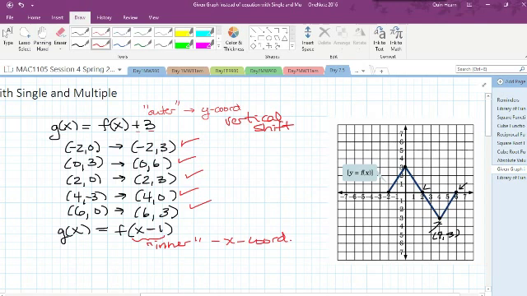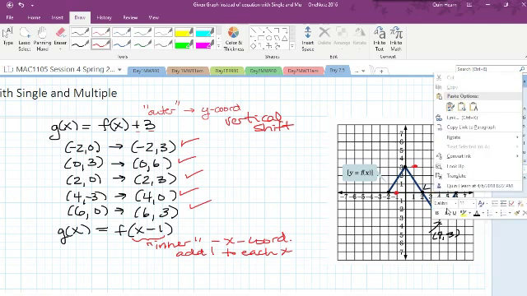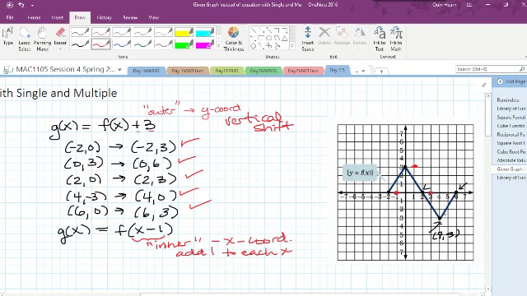So when we subtract 1 from x, we sort of have to increase each x by 1 to compensate, so we still end up at the same y coordinate. So we're going to do the opposite operation. We would add 1 to each x, which has the effect of shifting it to the right one. So instead of being at (-2, 0), for example, our graph would be at (-1, 0). Instead of being at (0, 3), it would be at (1, 3). Instead of being at (2, 0), it'd be at (3, 0), and so on. Everything's going to shift just 1 unit to the right